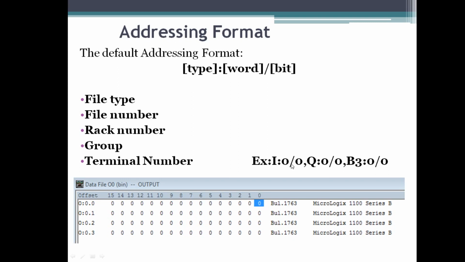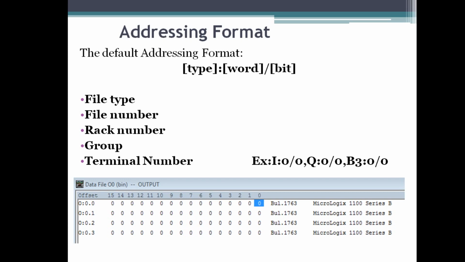If it is the output, it will be O colon 0 slash 0. Generally the file number is used to define which IO module it is. The rack determines which rack the module sits in.